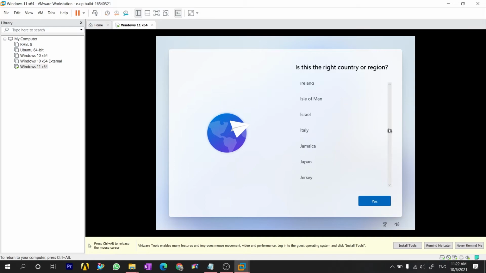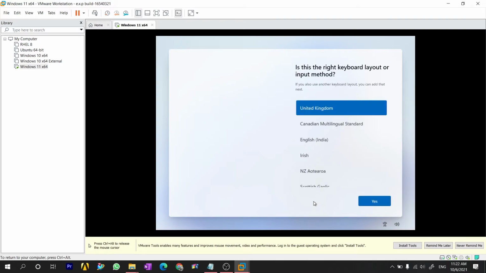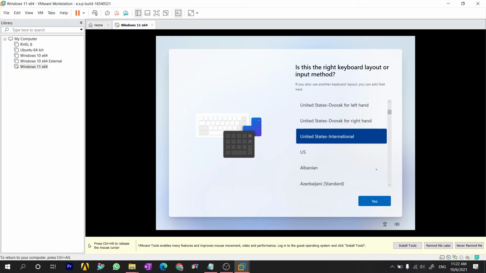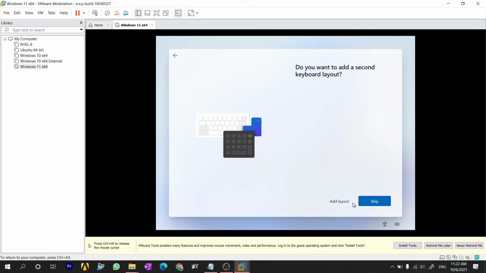So I will select India over here and then yes. Here we have to select our input method. Skip this, we will configure it later.